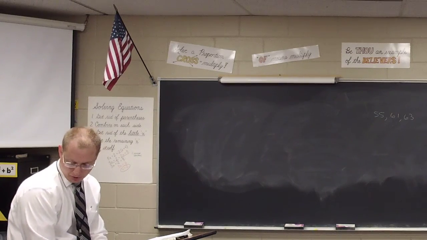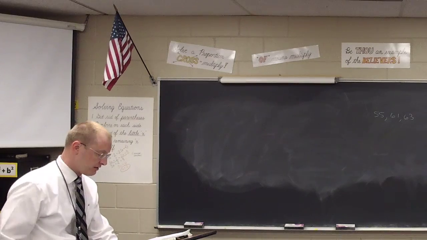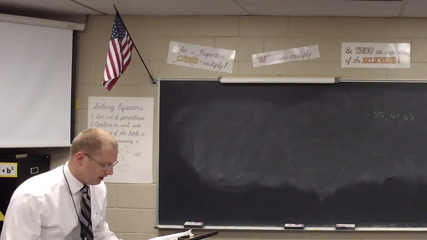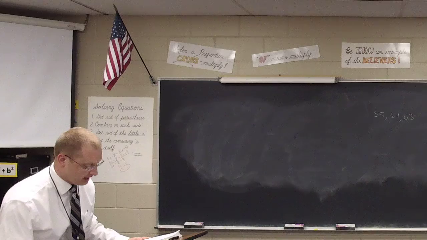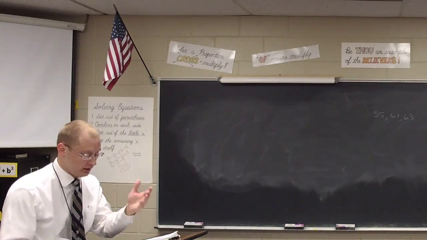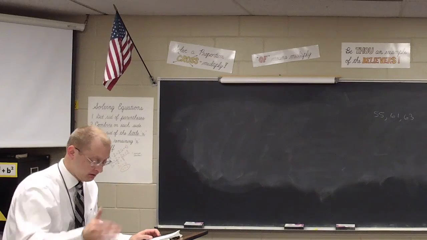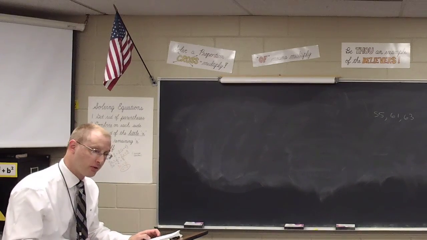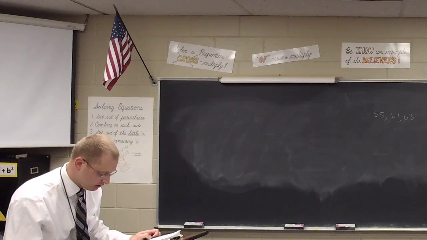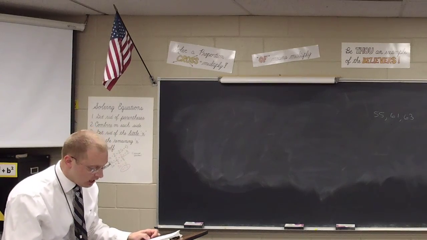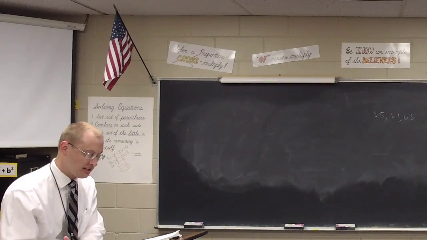All right, for sake of time, let's take a look at these together, starting with number 55. The first thing I notice is that I've got sine, which is what over what, Chris? Opposite over hypotenuse, which means I'm missing which side? Adjacent. What did you get for the adjacent, Quentin? 84 is correct. Now that we've got all three sides, the next thing I want to consider is